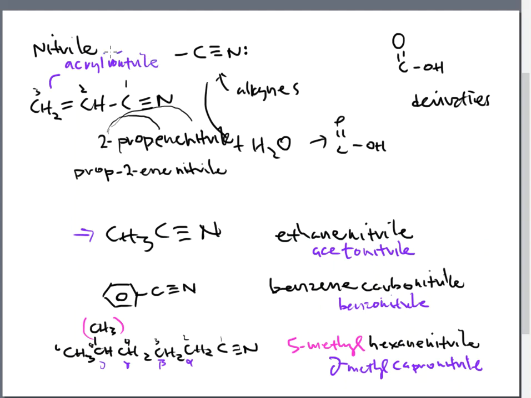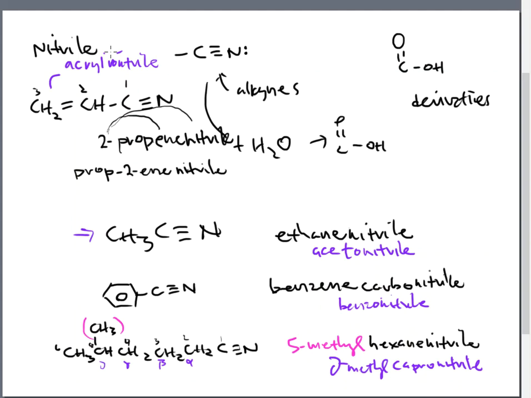But yet, I would never ask you to do something like that on an exam. I would just say, give me the IUPAC name, and I'll call it a day, and I move on, and I grade the next question. All right, so there's the way that we handle the common nomenclature and the IUPAC nomenclature for nitriles,